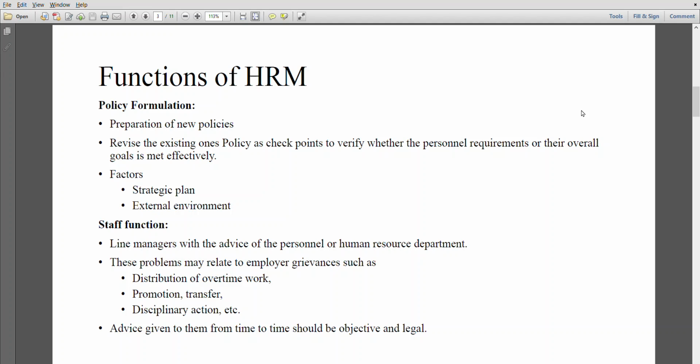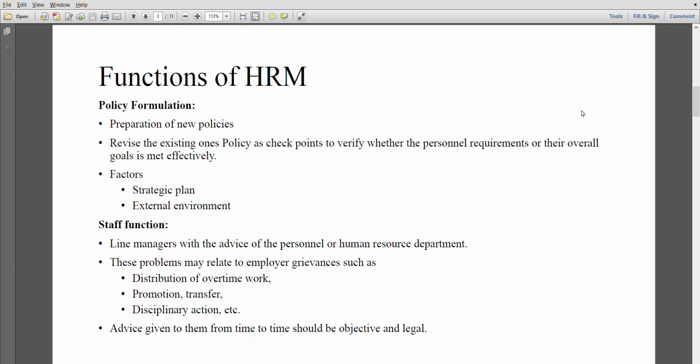Strategic plan is how different work groups such as clinicians, nurses, paramedicals, medicals are placed in their various different roles inside an organization. How can they be strategically placed so that the ultimate goal of the organization can be met? The organization, as I told you before in previous videos, here in this course means hospital. And external environment, the community, the patient, the competitive hospitals also make a major impact on policy formulations.